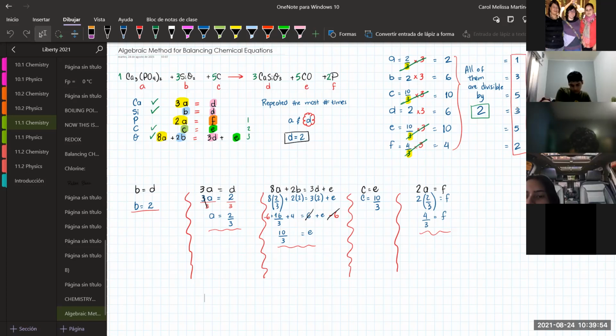So what happens if you choose a different number for D? I chose 2, and you saw that I had to divide by 2, but sometimes I need to multiply. So it doesn't matter what value you assign to this letter. The only thing that matters is that all the procedure that you do here, the algebraic procedure, is well